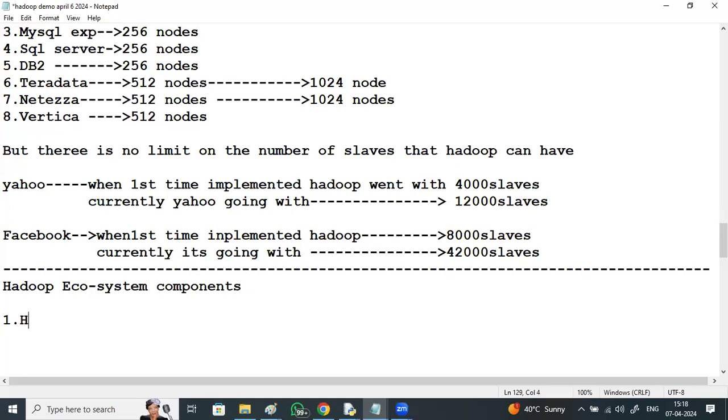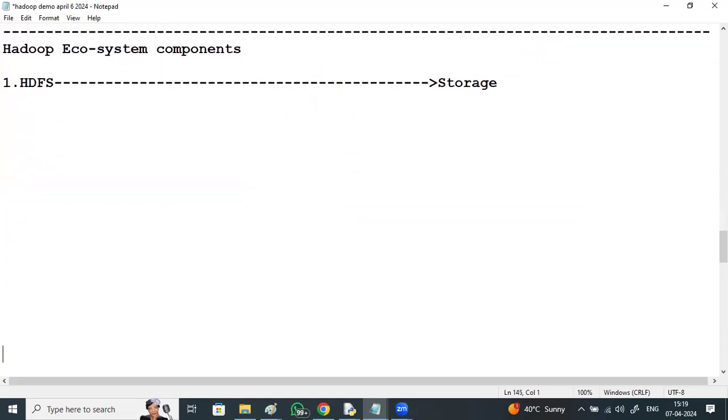First one, HDFS, is meant for storage. Secondly, MapReduce is a parallel execution model. It is well designed, but it has become outdated as of now.